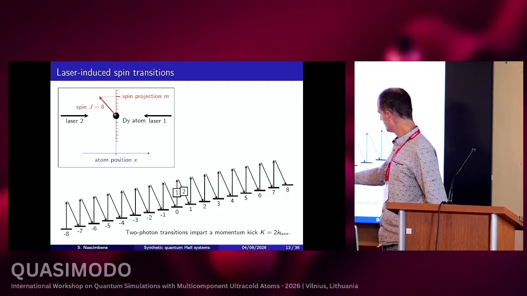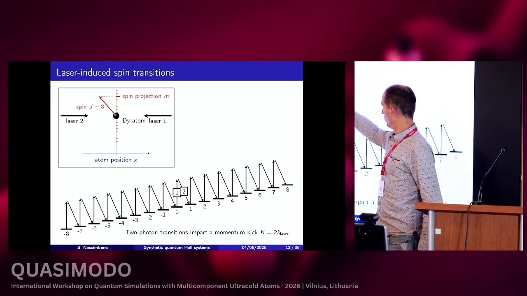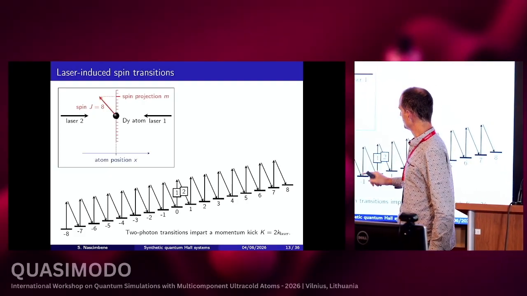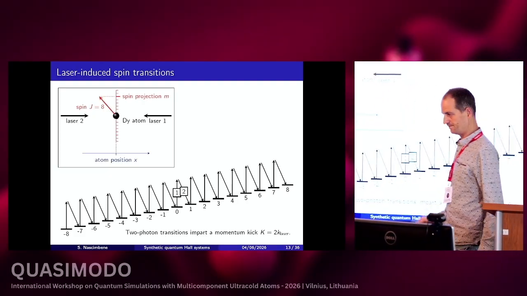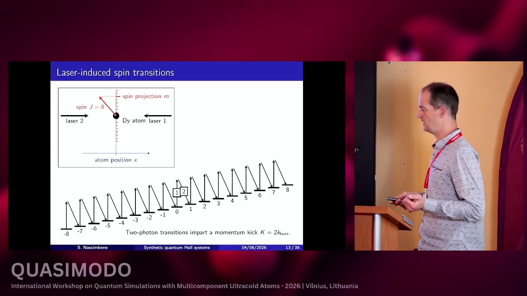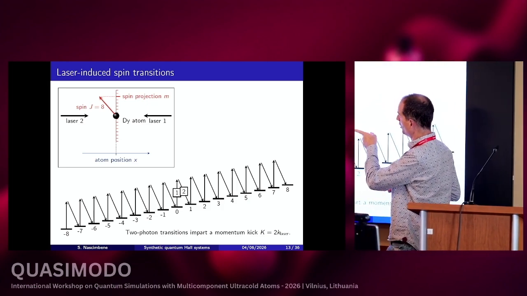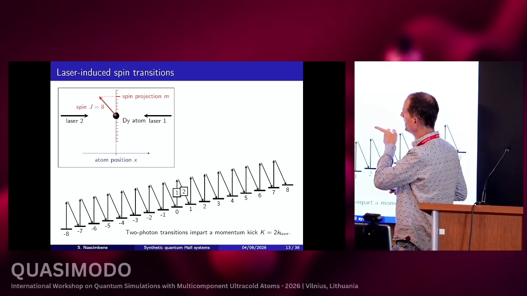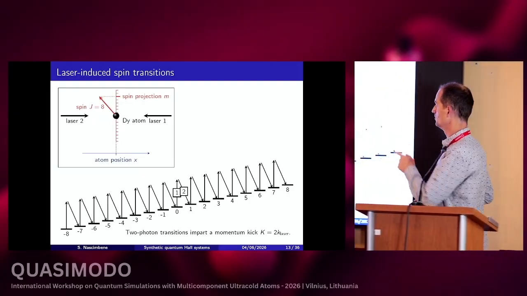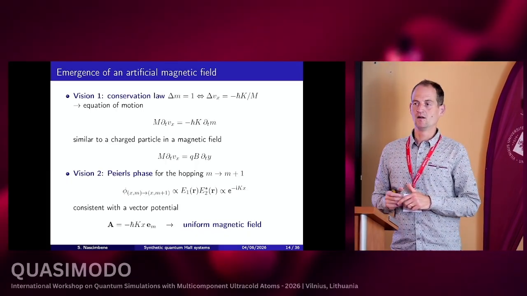So more specifically, we increase the magnetic projection by absorbing 1 photon from the laser going along -x and emitting a photon in the mode of the second laser. And when doing so, we exchange momentum between the atom and light, and the atom receives overall a momentum kick of -2 h bar times the light momentum along x. And this gives rise to an effective magnetic field, and